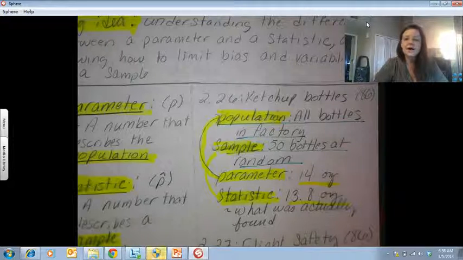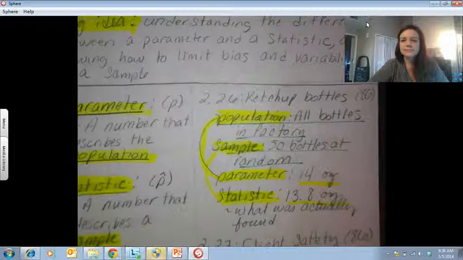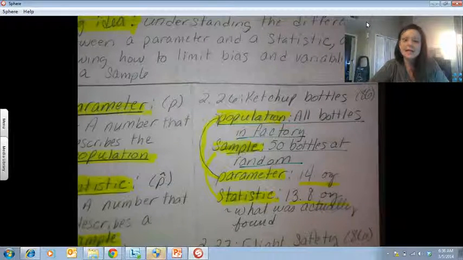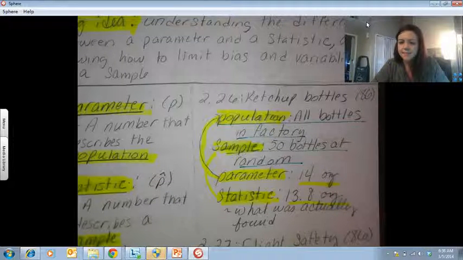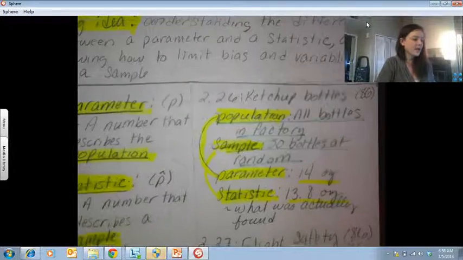The ounces is what we're looking at, the identifier, what we're looking for in the population and the sample. And it's supposed to be 14 ounces for all bottles. When we looked at our sample, the average only came up as 13.8 ounces per bottle. Okay, and one more